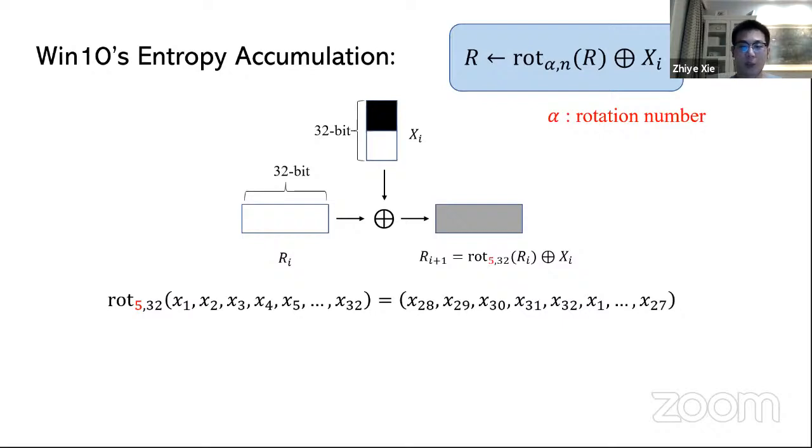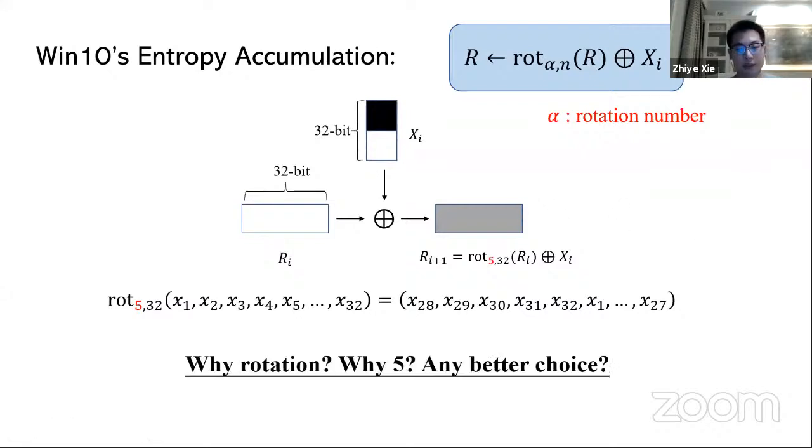In practice, Windows 10 has implemented this entropy accumulation procedure in its 32-bit CPU. For 64-bit CPU, the implementation is similar. As our main focus, Microsoft's design raises a lot of questions that we would like to answer. The first question is, can rotation indeed accumulate entropy?